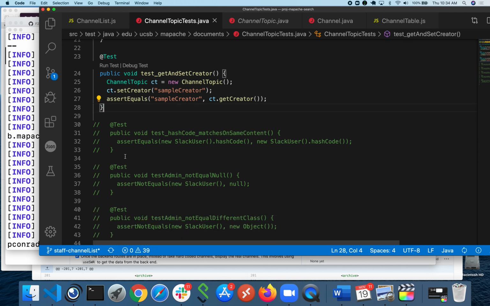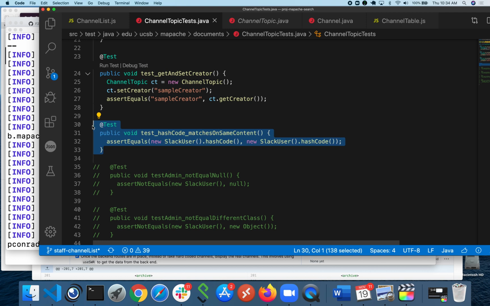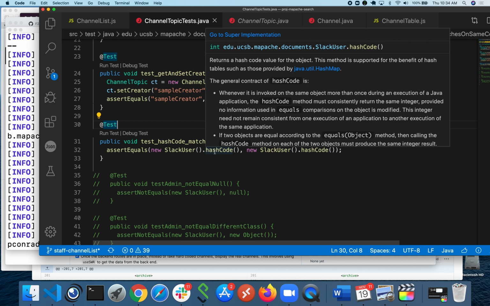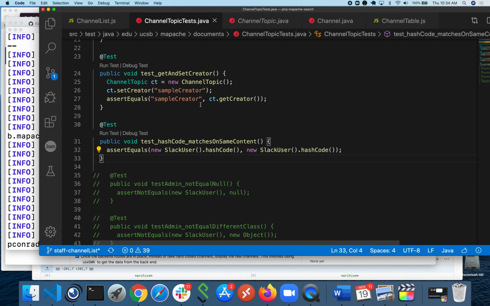Okay, so now we have hashcode. So the hashcode method is one that we inherit from Java lang object, but we have to override with our own particular hashcode implementation based on the attributes in the object. Otherwise, if we ever try to use a hash table with this object, it will not work. The hash table implementation depends on hashcode being implemented correctly. So when we have 2 objects that have the same values in them, we want them to have the same hash code. So let's change this from